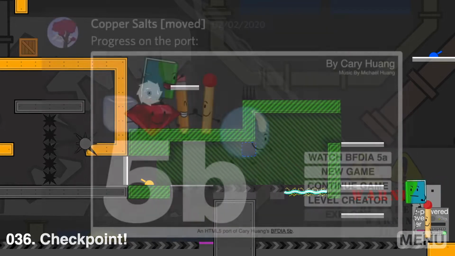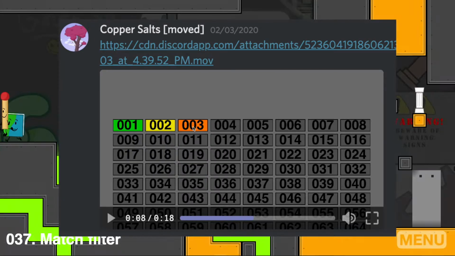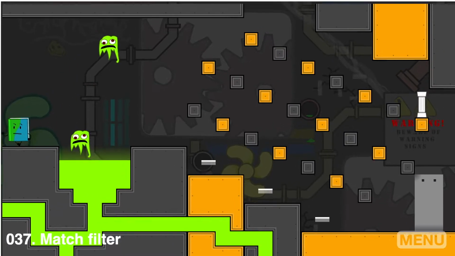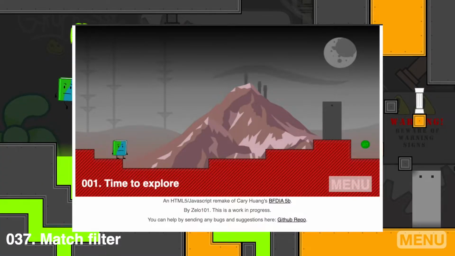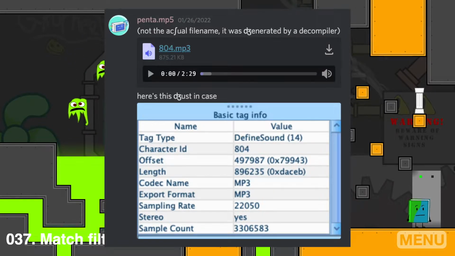In late 2019, I started making a port of HTML5b into HTML5, and I finished all of 2 menu screens before I lost interest and moved on to other things. Then Zello101 started making his own remake of 5b in HTML5, but it was coded completely from scratch and was also never finished. In January 2022, though, I ran 5b through an SWF decompiler to get the music file, but